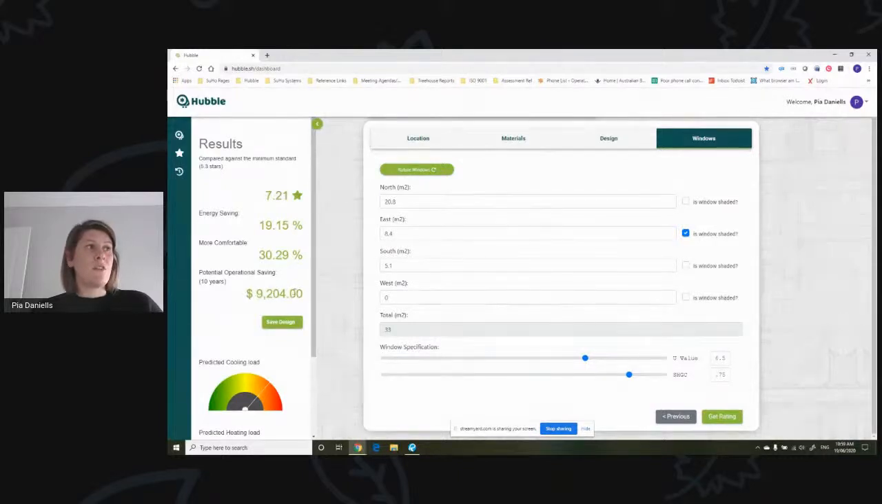And it changes. So with this new specification and window orientation, you can see the operational savings have been reduced down to potentially 9,000, where we had it at 14,500 before. So you can start seeing those differences in how a building will perform, and start showing and quantifying the investment, say, in double glazing for the potential cost savings of running the building over